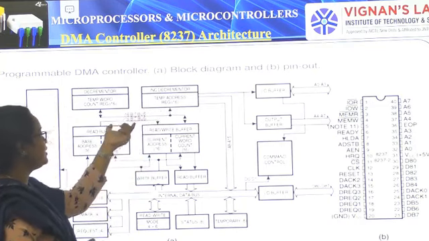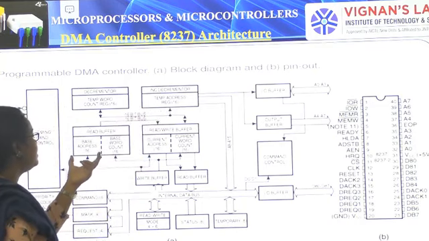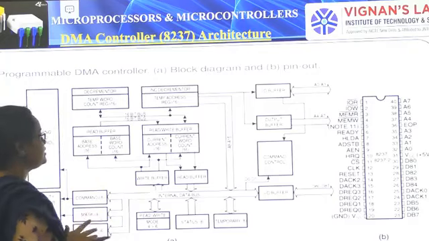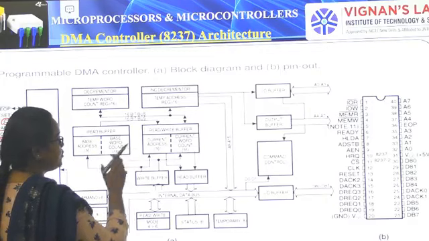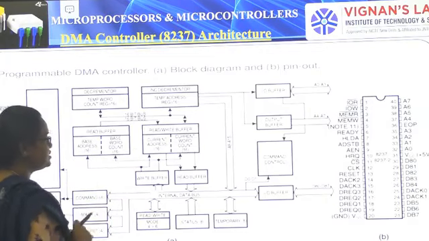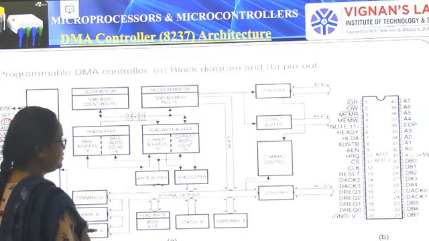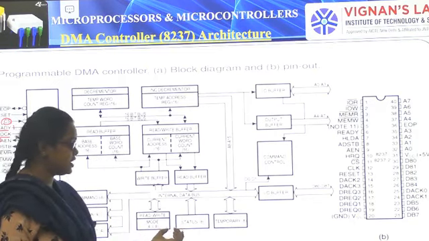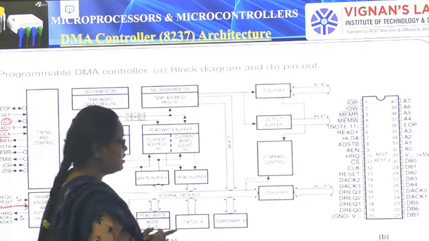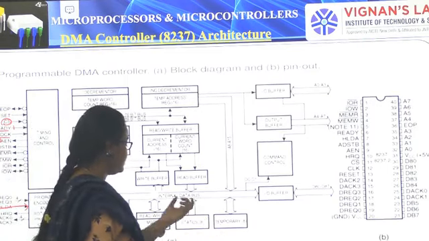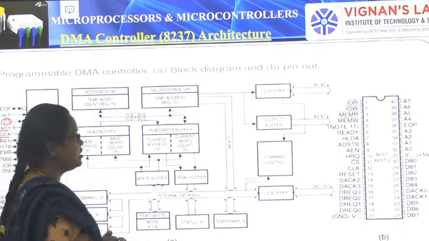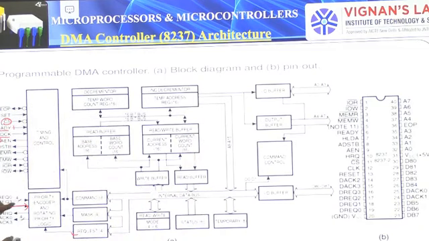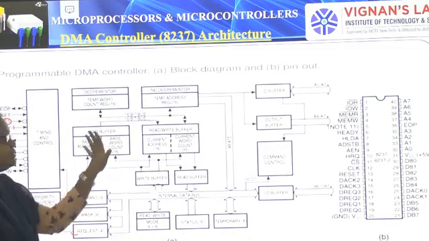So these are the 16-bit data buses, and the read buffer and the write buffer for placing the read operations data and the write operations data. We are using registers like this, along with the write buffer and the read buffer, internal buses, the read write mode register, and the status and temporary registers. So read and write logic, and we have an output. Whatever data is collected by the DMA controller is stored in the temporary word registers.